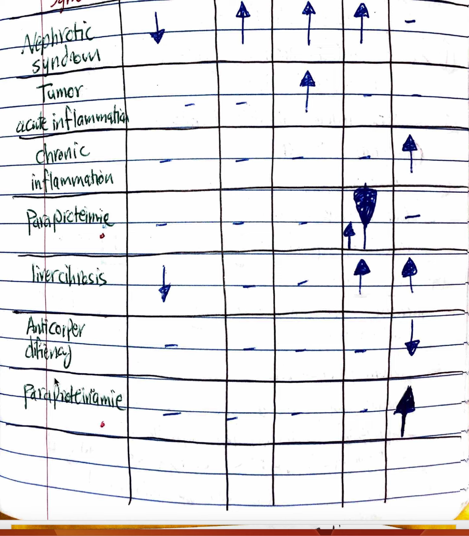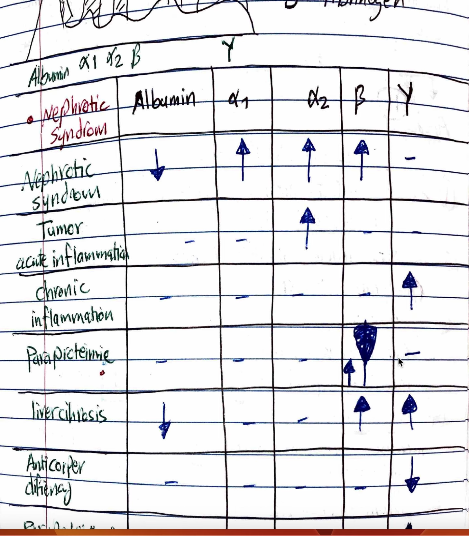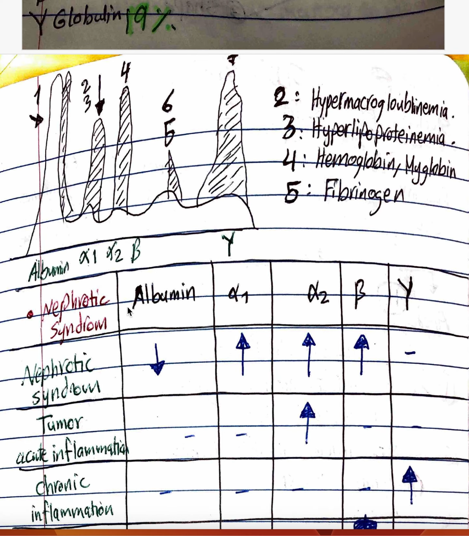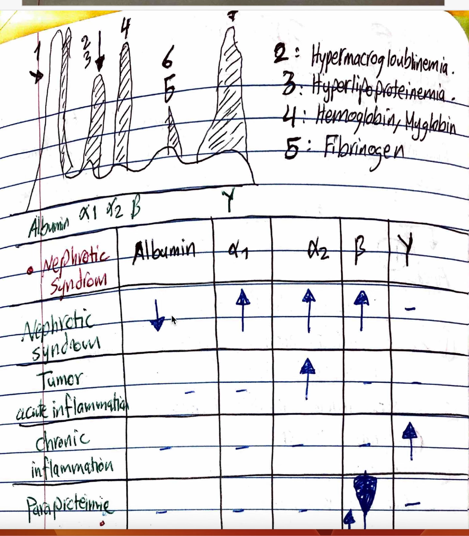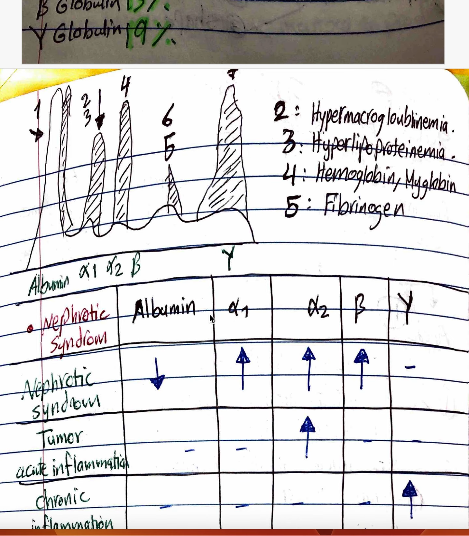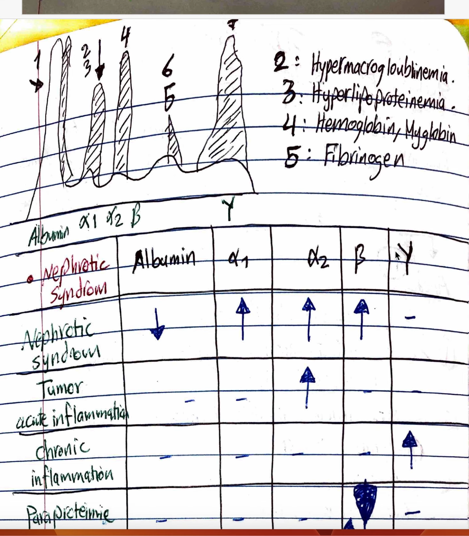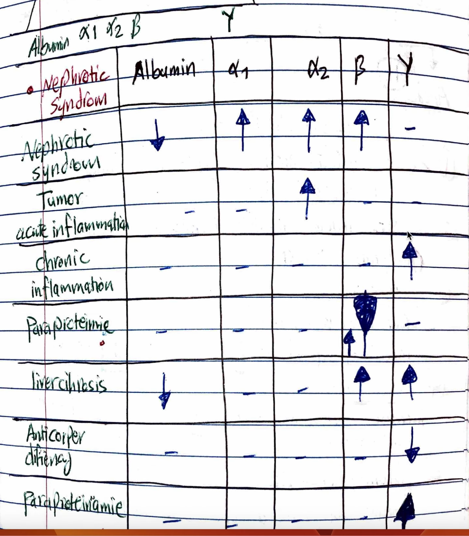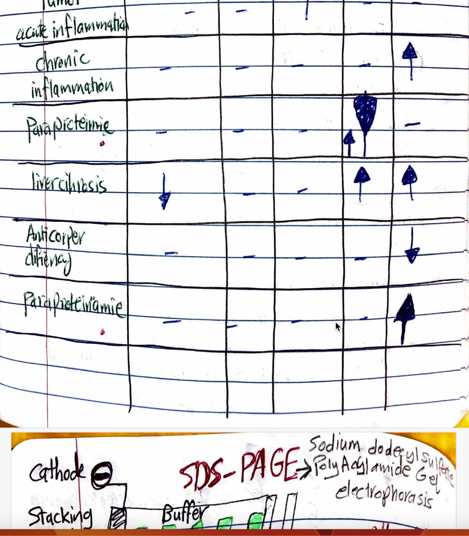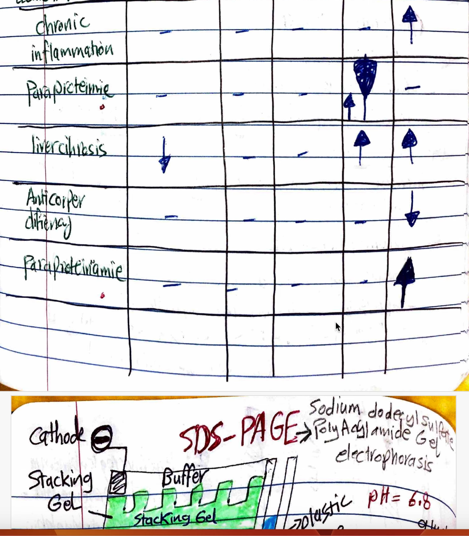So as you can see here, albumin is only increased in dehydration, and decreased in nephrotic syndrome and liver cirrhosis. Alpha 1 increases in nephrotic syndrome, alpha 2 also increases in nephrotic syndrome, beta increases in nephrotic syndrome, paraproteinemia and liver cirrhosis, and gamma increases in many conditions. Okay, so